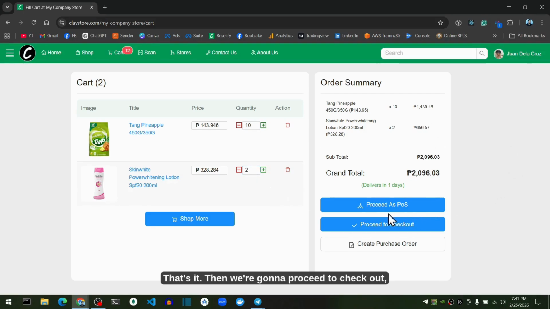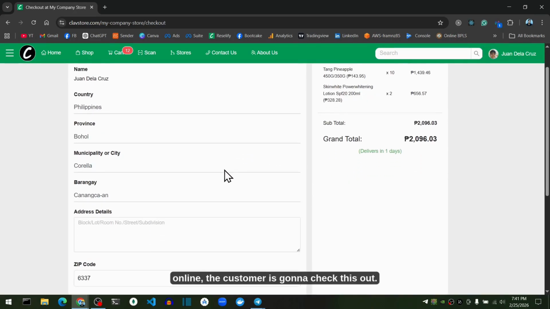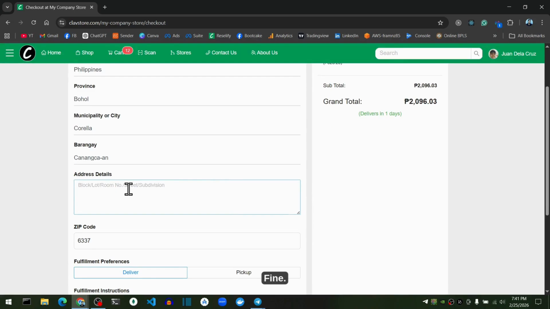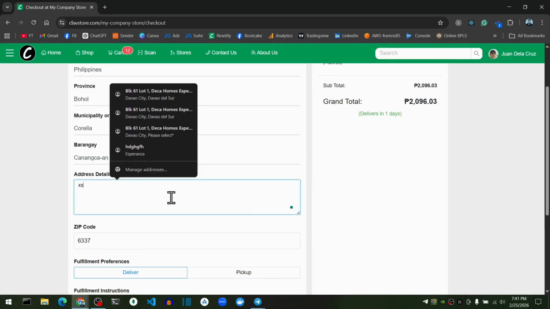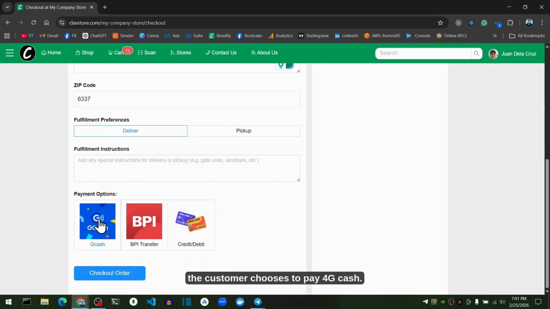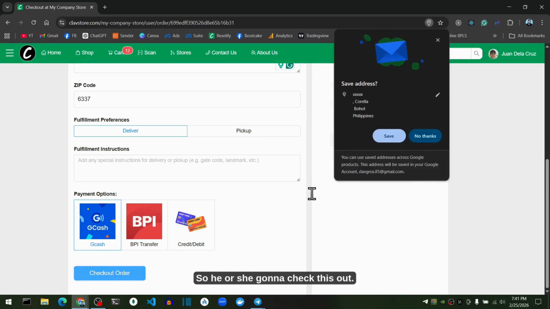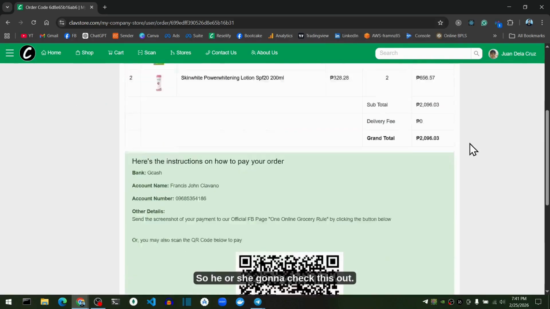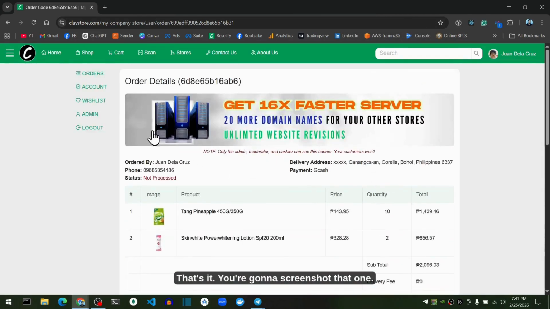Then we proceed to checkout, since the customer is checking out online. Fine. From the address details, let's say the customer chooses to pay with GCash, so you pay through GCash online. He or she checks this out. That's it, you screenshot that one.